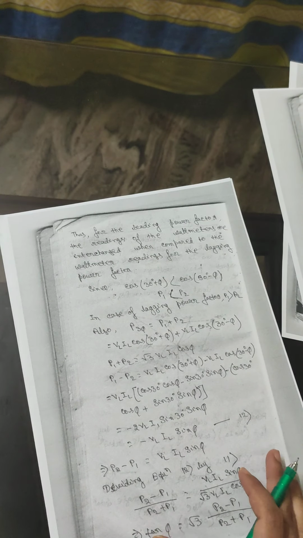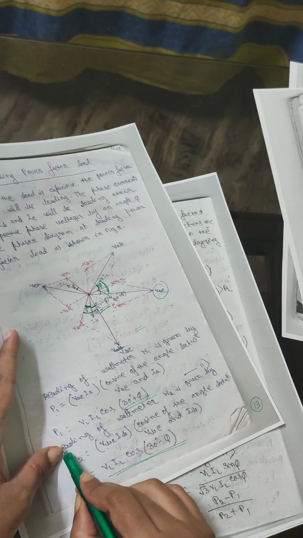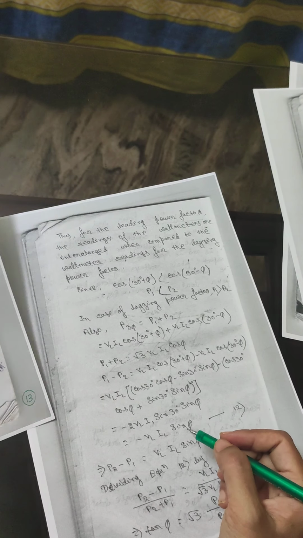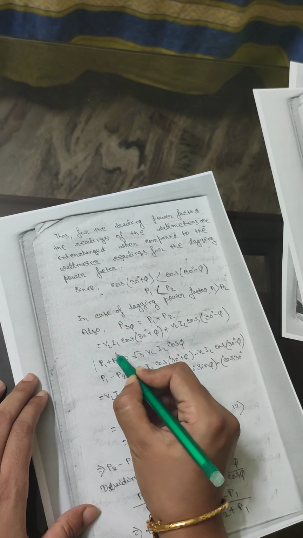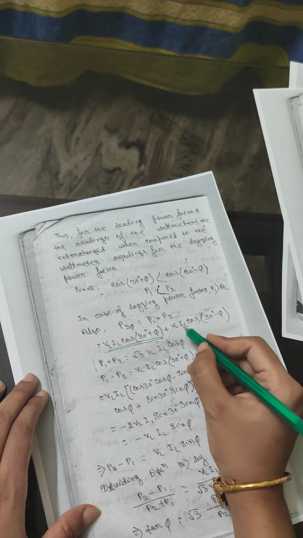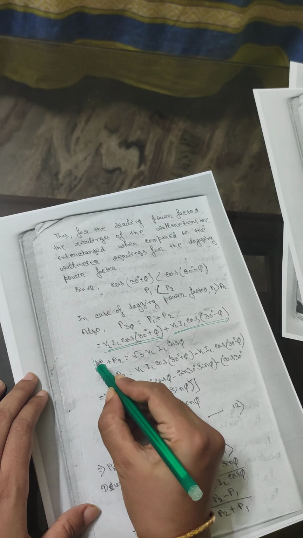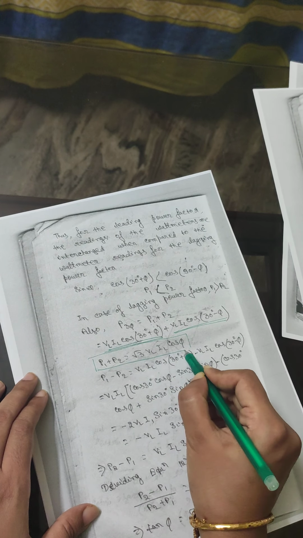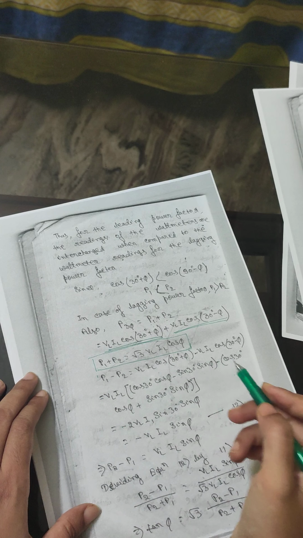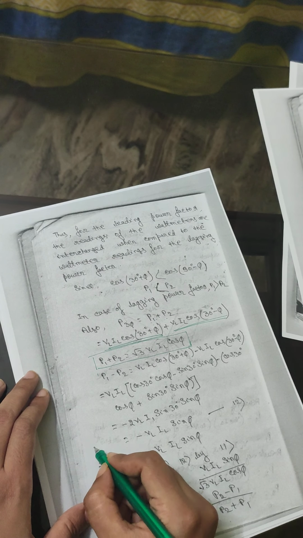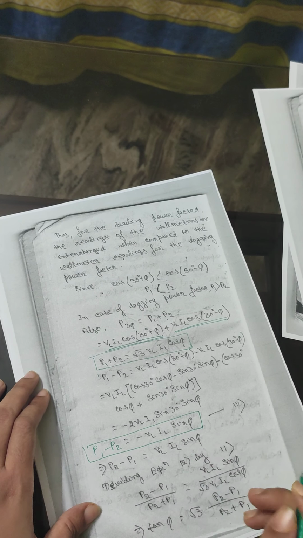Next, move to the next equation. Same thing, we have to do P1 plus P2. After doing P1 plus P2, we got that equation: P1 equals VLIL cos(30 plus 5), and here P2 equals VLIL cos(30 minus 5). So P1 plus P2 gives root 3 VLIL cos 5, and when we find the value of P1 minus P2, ultimately we get P1 minus P2 equals minus VLIL sin phi.